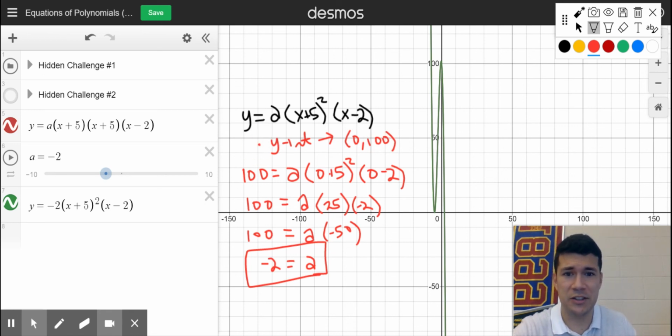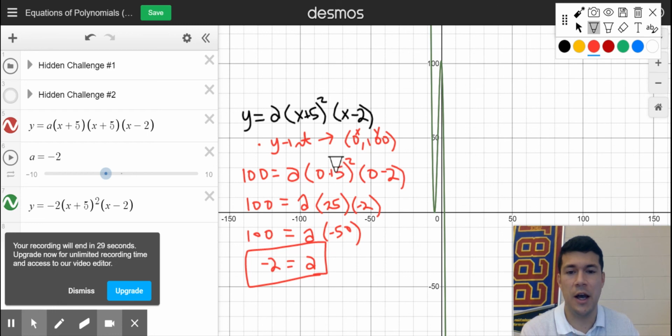Because that is an x-y combination, all I did is I substituted 100 for y and 0 for x in my function, and then solved so that I could find the value of a. So when I do this, I have 5 squared, and that's 25. 25 times -2 is